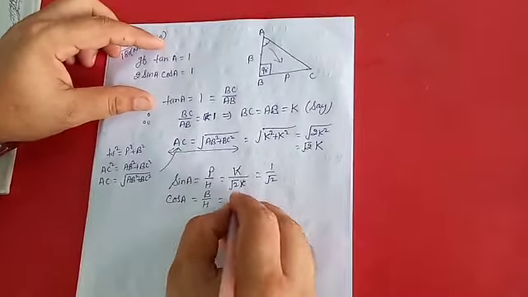This is QPO. OP is given as 7 centimeter. OPQ is a right angle triangle, right angle at P. This is 90 degree. OP equal to 7 centimeter, and OQ minus OP, or PQ, is equal to 1 centimeter. And you have to determine the value of what? Sin Q and cos Q.